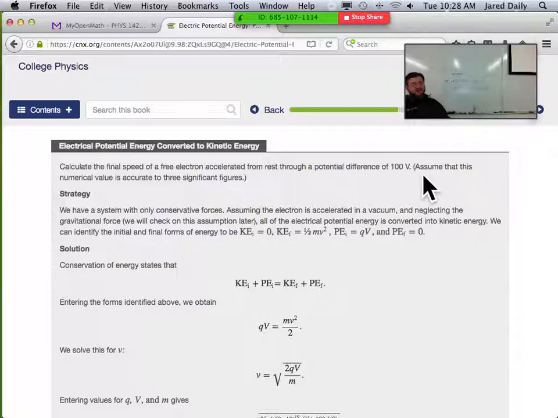So anyway, we want to calculate what would be our final velocity if we start from rest. So our initial velocity would be 0, so our initial kinetic energy would be 0, right? So if we're starting from rest and we're going through a potential difference of 100 volts, well, what does that mean in this equation? Remember that potential energy, let's look at the,